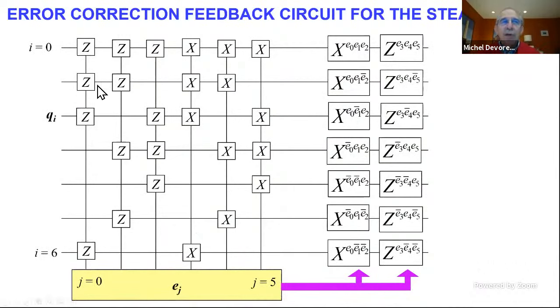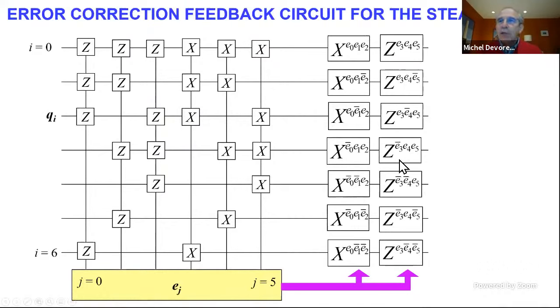But to give you an idea of the overhead, I have drawn the feedback circuit for error correction here. On the left, all these lines represent the 7 physical qubits. At the bottom here, you have the 6 ancilla qubits that correspond to the detection of 6 error syndromes. On the 3 leftmost columns, the columns in which you see these Z parity measurements, you correct for bit flips, and here you correct for phase flips. So by correcting all the 2 generators, you correct all errors. On the right here, you have the correction operations, which depend on what error syndromes you decode